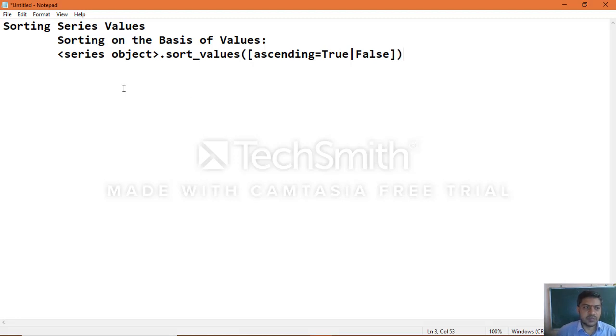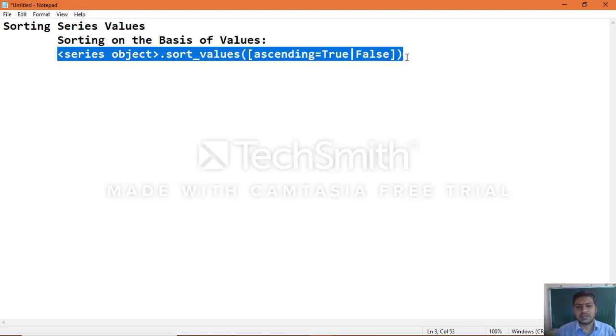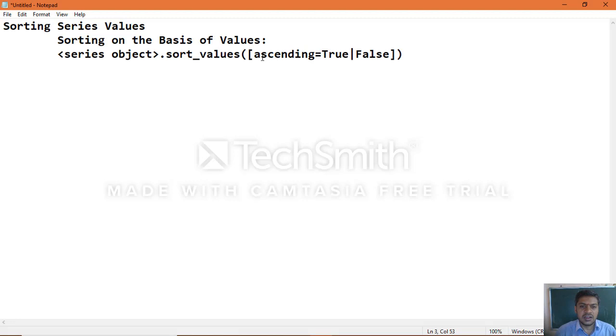This is the syntax you can use to sort the series object data through values. The ascending attribute of this function is true by default. If you are not specifying anything, it will be sorted in ascending order. If you want descending order, then you can specify ascending equal to false, and it will sort the data in descending order. By default it is ascending order.